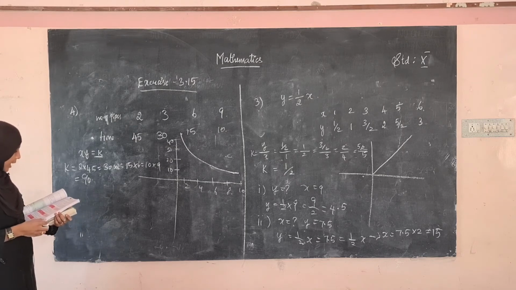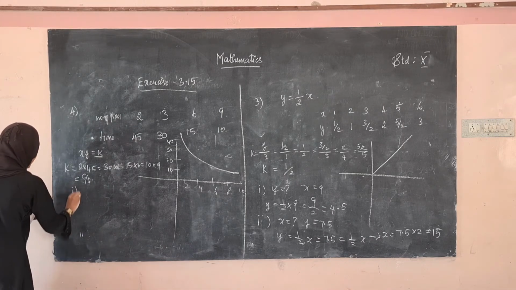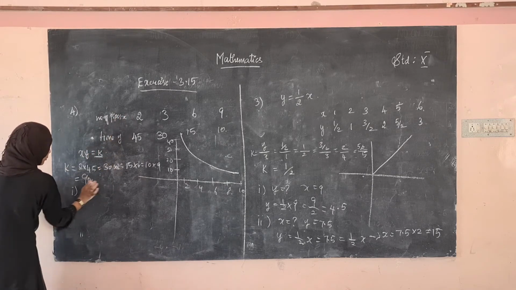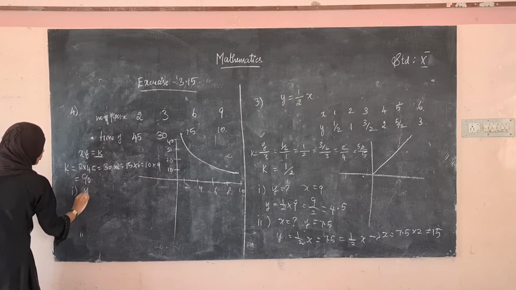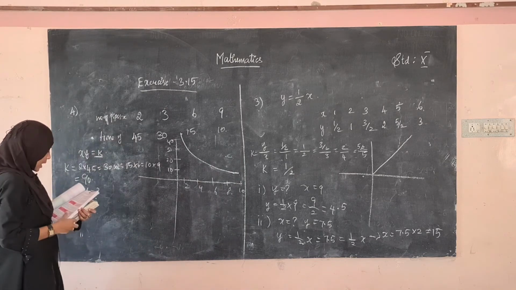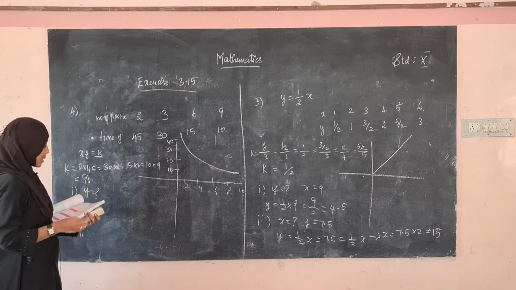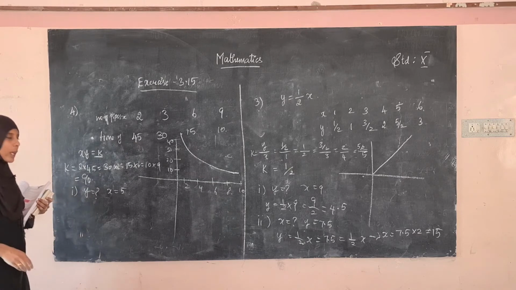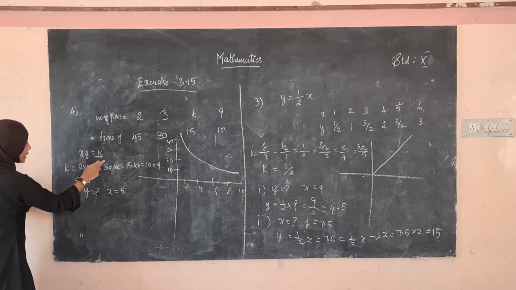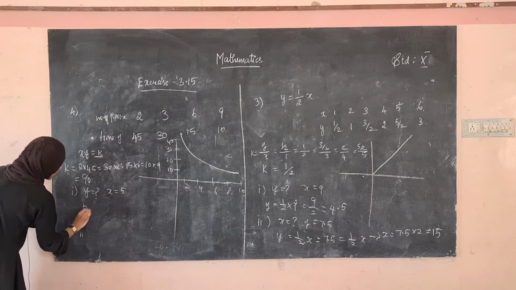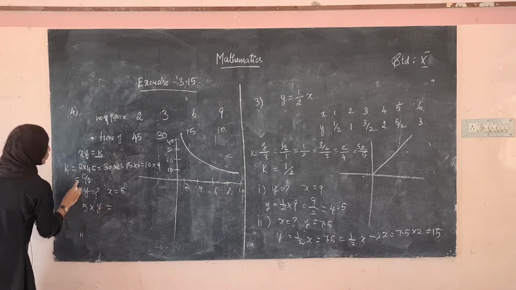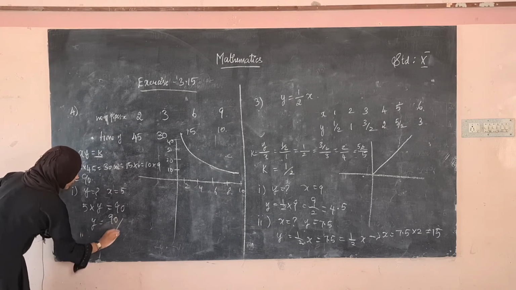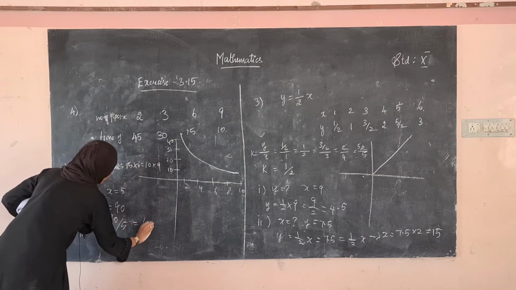Okay. So what they have asked in the first subdivision is to find the time taken. We have to find the t. So the number of pipes we have taken in x and the time taken in y. Find the time taken to fill the tank when the number of pipes is 5. That is, when x is equal to 5 we have to find y. Okay. We can use this formula xy is equal to k. What's the value of x? X is 5. We have to find y. This is equal to what's the value of k? That is 90. So y is equal to 90 divided by 5.